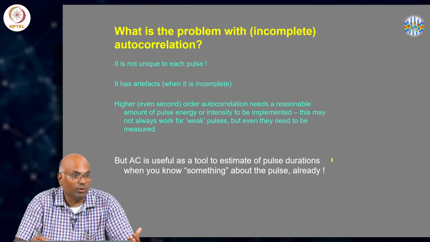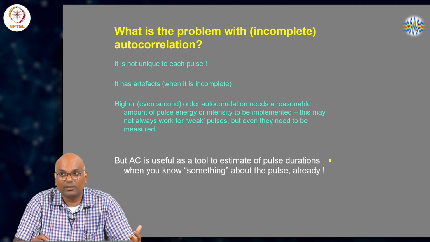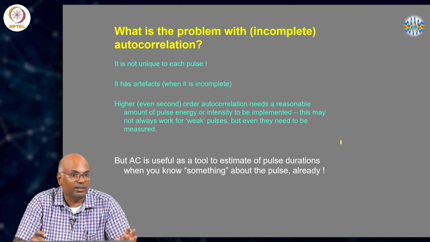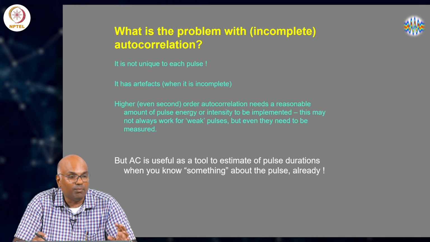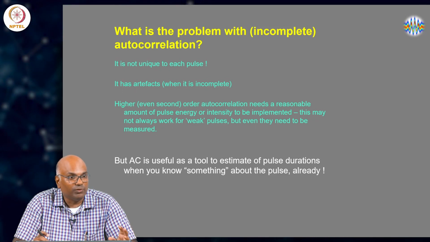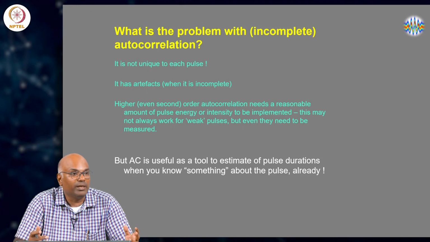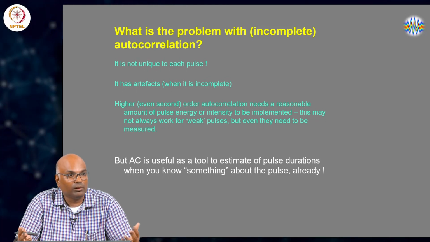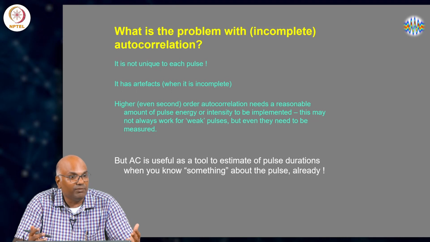Maybe a second order autocorrelation is good enough. So, there is merit to it, but then it does not answer the question in its entirety. That is, it does not give us a complete, unambiguous, unique measurement of pulses, right. But this is something we might as well demand, both for academic or technical or technological reasons or whatever that may be, but certainly we need to